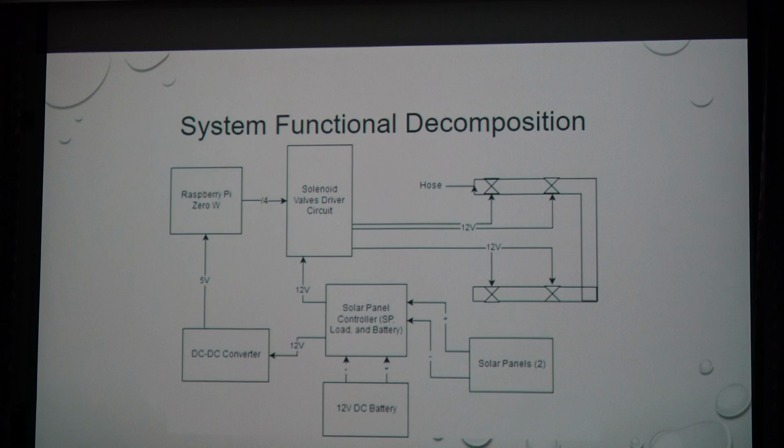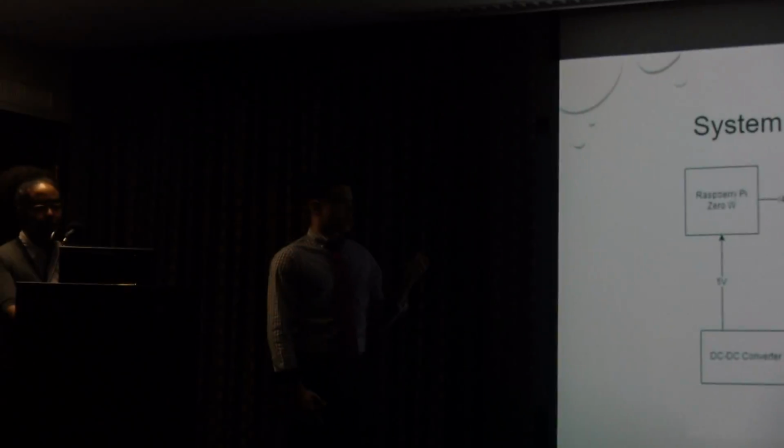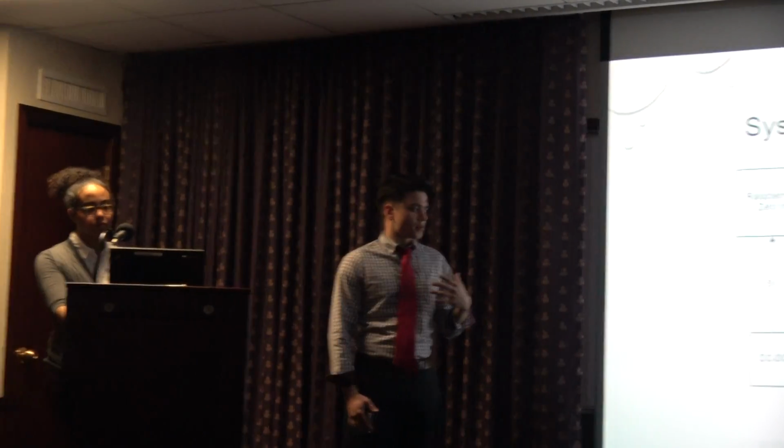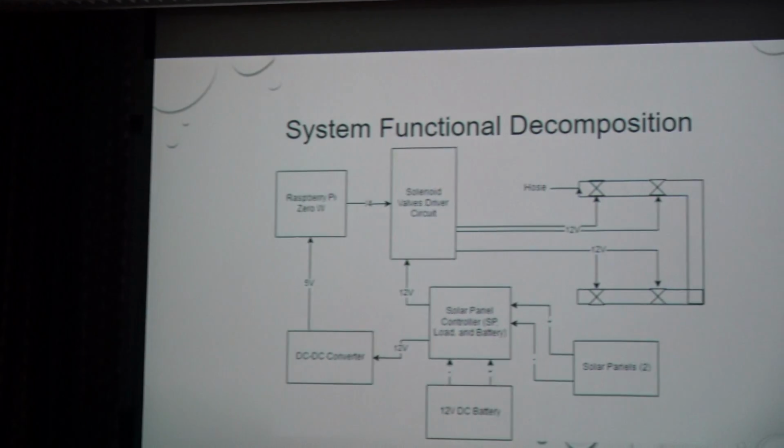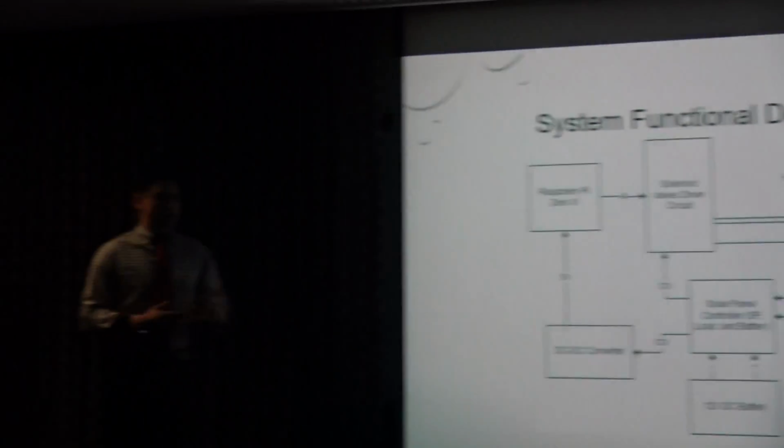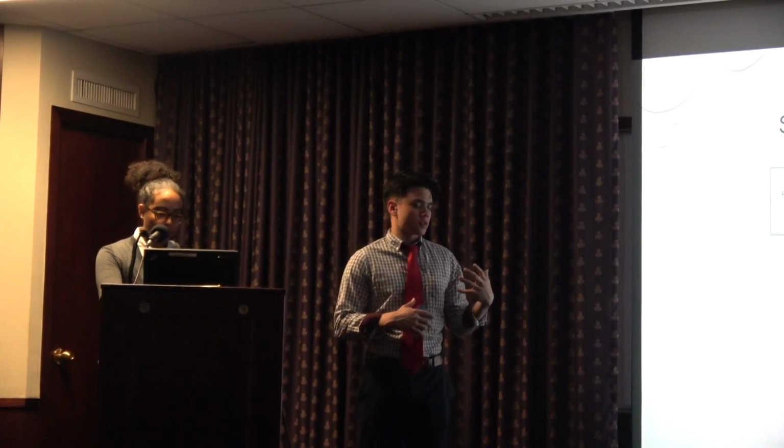So over here we have an overview. It's the functional decomposition. I think the highlight of this part is the solar panel controller. It interfaces the panels, the DC source, the battery that we have, and the DC to DC converter. The DC to DC converter powers the Pi while getting 12 volts from the panel controller, and the panel controller sends 12 volt signals to the valve circuit, which ultimately turns the valves on and